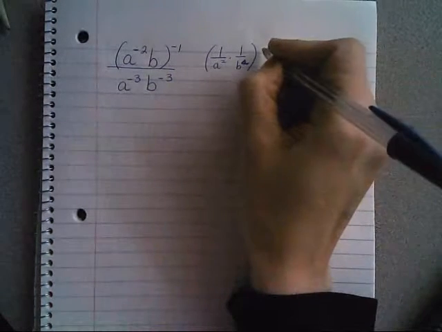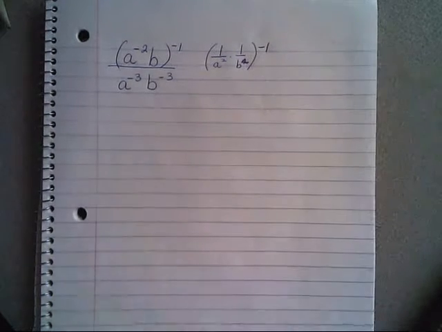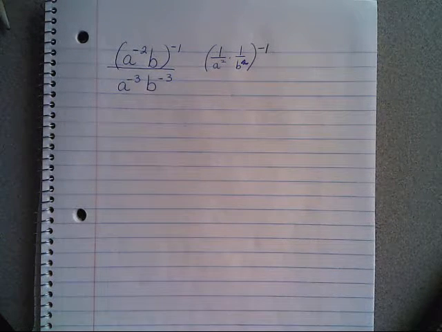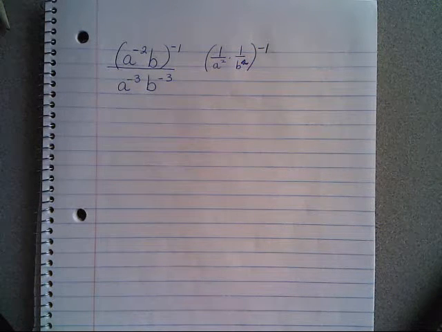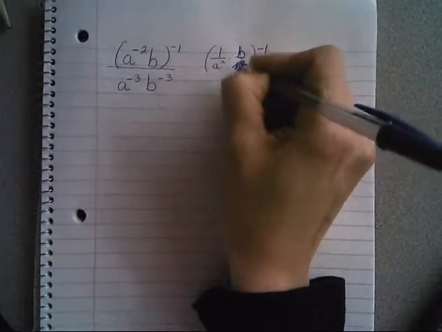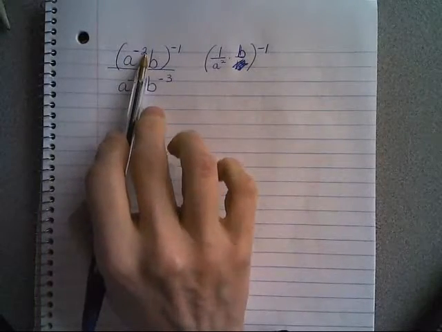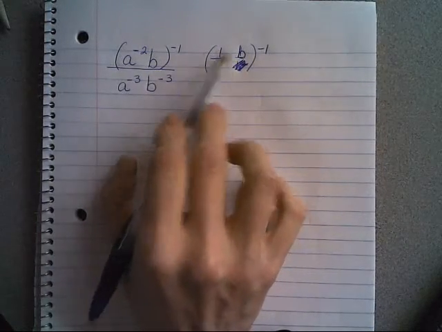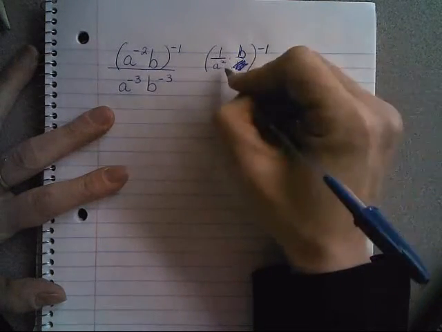But all of this, notice I'm just working in the numerator right now. All of that gets raised to the negative first power. Wait, I should have left that b where it was because that didn't get moved yet. The b stayed where it was because it didn't have a negative, sorry. 1 over a squared, the b still stayed on the top. So they're just going to flip-flop. So now it's